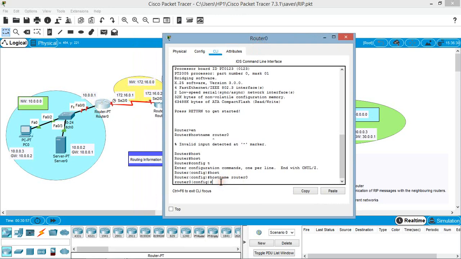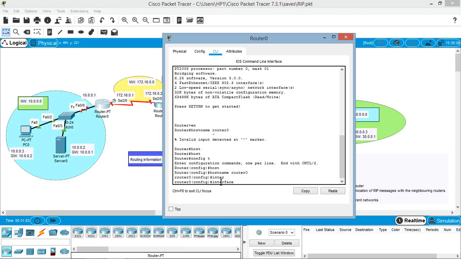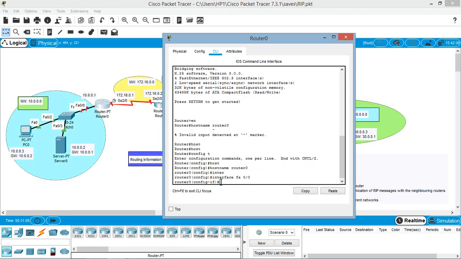So let us go to the interface fast Ethernet 0/0 and configure the IP address here. The command is ip address 10.0.0.1 and its mask.